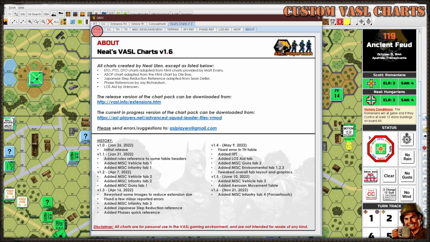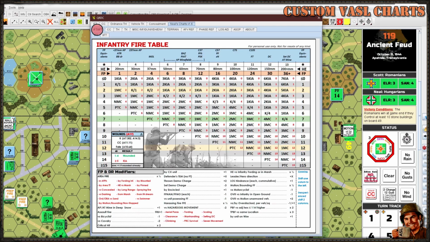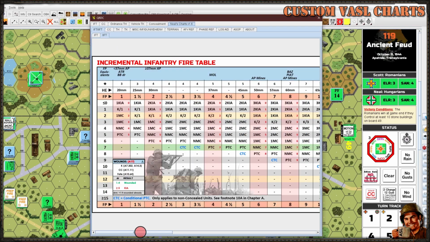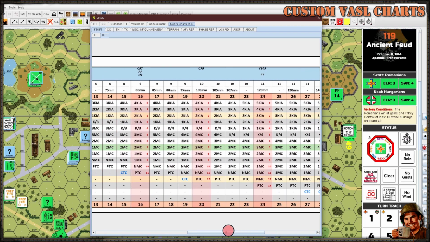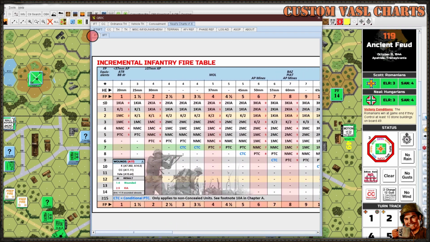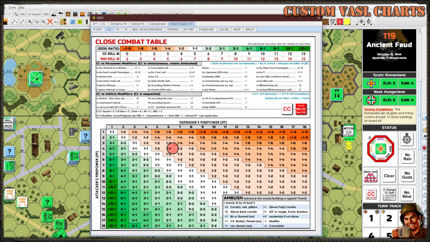So let me step through it real quick. There are these major tabs, and then under each one, there may be sub tabs like the infantry fire table. I added the incremental infantry fire table for those of you who like to use the IIFT. We have a close combat chart with the handy dandy odds ratio calculator. If you've got weird odds ratios, or your brain just doesn't work like mine sometimes does, and you just can't figure out what the odds ratio is,